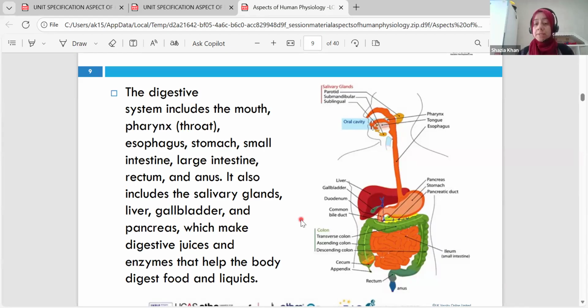pancreas. These make juices. Okay, so these are glands which make juices, which are helpful for digestion, and they also produce enzymes. Enzymes help the body digest food and liquid